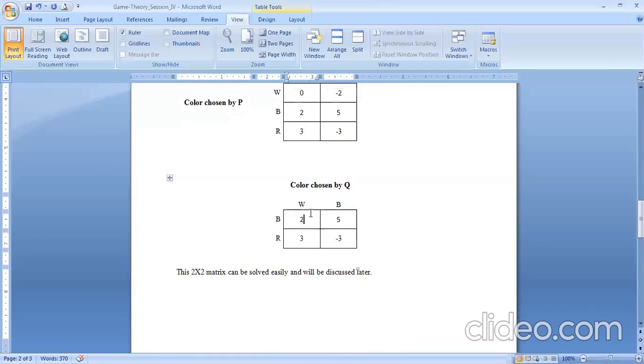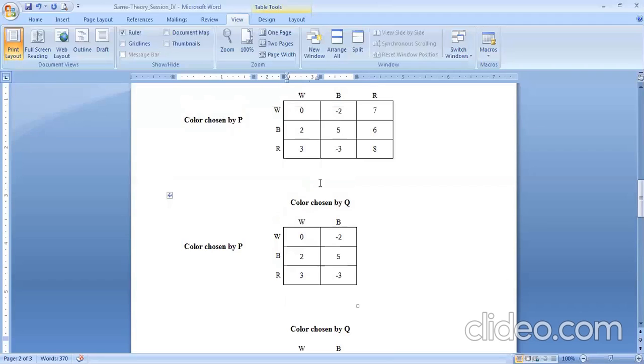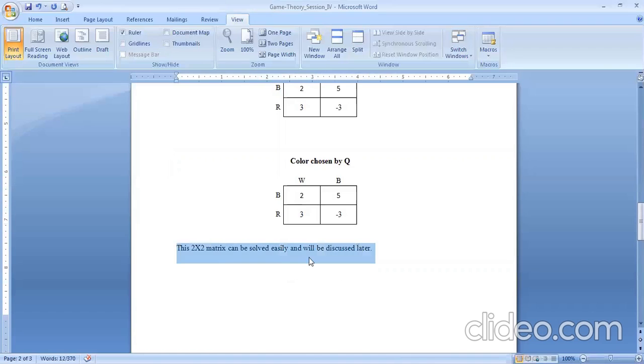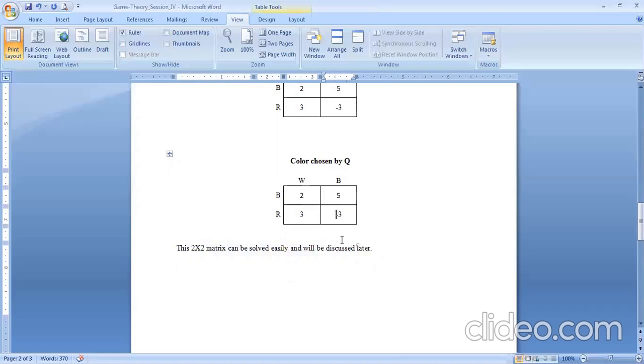Here, by applying the dominance rule, we have eliminated some columns and some rows, and the final matrix has become 2 by 2. When this matrix becomes 2 by 2, then you can solve it to find the value of the game and the optimum strategies and their proportions. Finding the optimum strategy and value of the game, we'll see in the next session. In the next session, we'll start with this step.